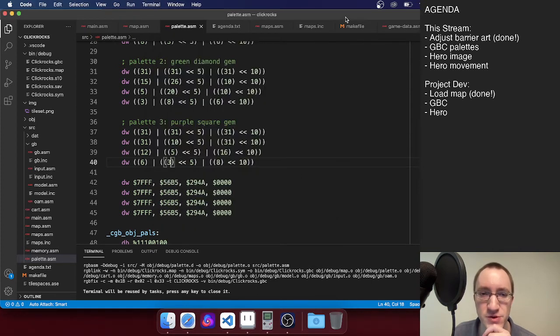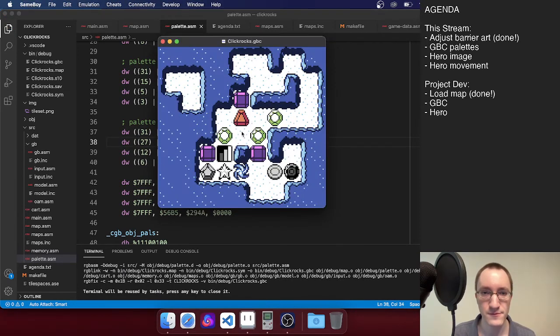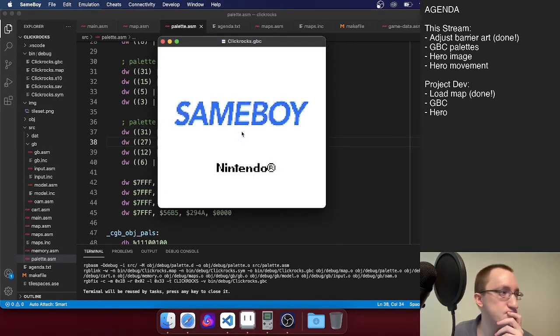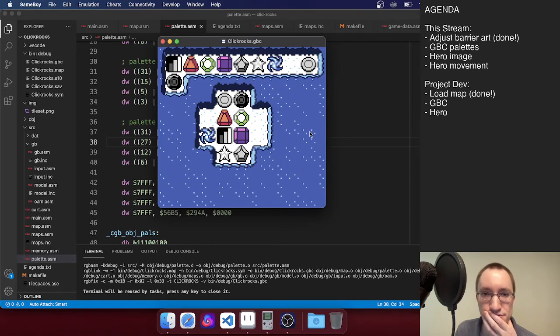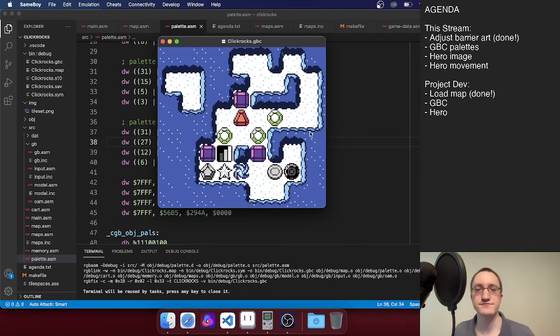The highlight color is too bright, but let's actually just knock that down to 27 and 23. Actually, these colors all kind of clash quite a bit. This isn't actually that great, but